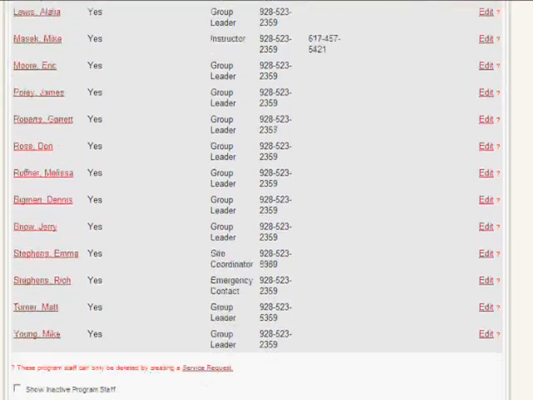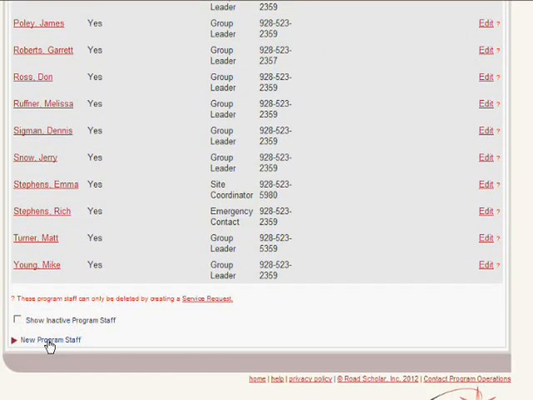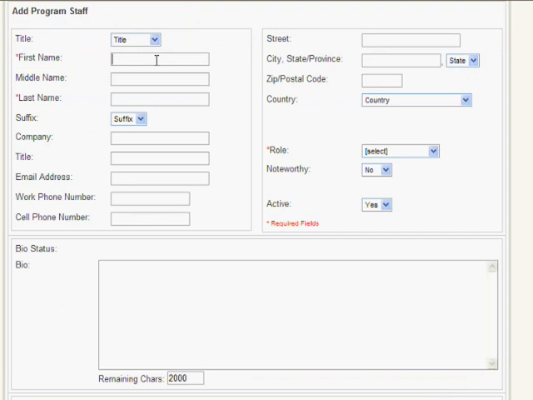To add a staff record, click the New Program Staff link. Complete the fields in the applet. Any field marked by a red asterisk is a required field. Skip the company, title, and email address fields as these are not currently in use. For telephone numbers that do not follow the U.S. format of a 3-digit area code, then 3 numbers followed by 4 numbers, include the plus sign in front of